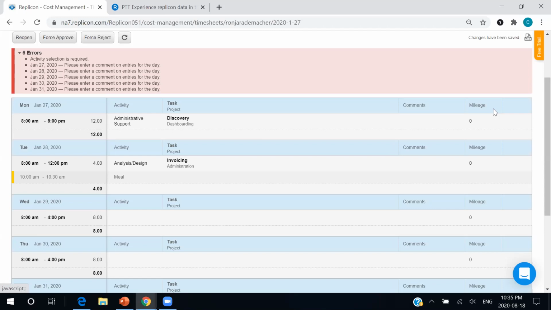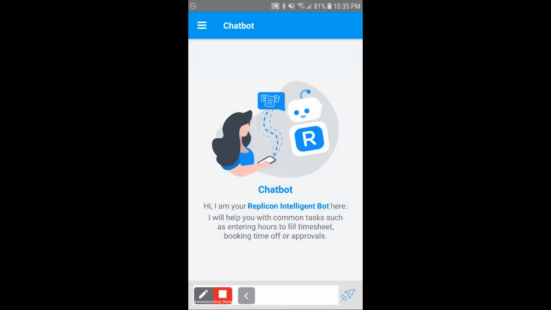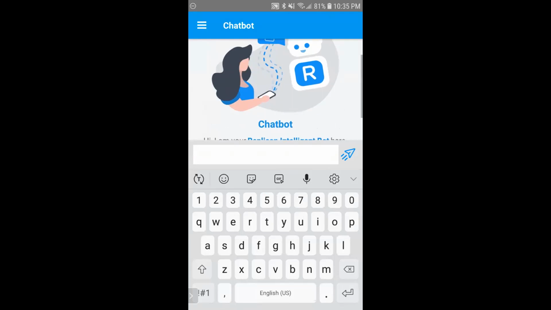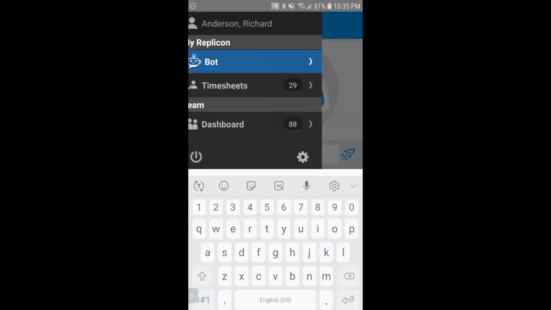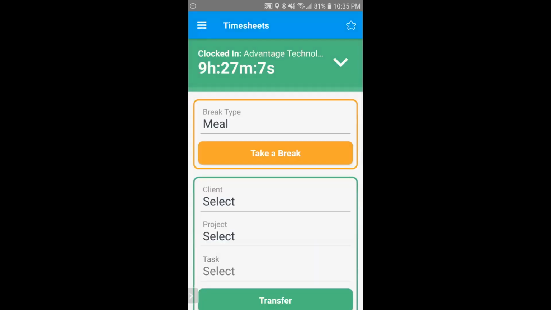And another way we support this accurate entry of time is through our mobile app. So just give me one moment while I switch my screen over here. So like I said before, our mobile app was built from the ground up for ease of use in mind. We are greeted by Chatbot. Chatbot can answer questions. Chatbot can streamline process. Chatbot is looking very cute, but unfortunately, Chatbot, we don't have any time for you today. We gotta drill down into your information a little bit later.